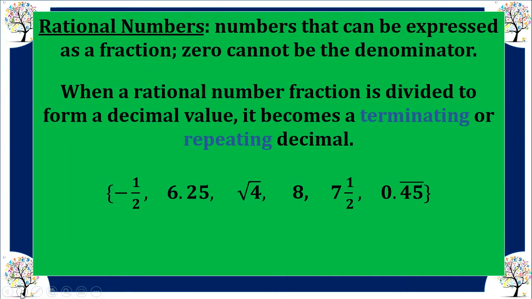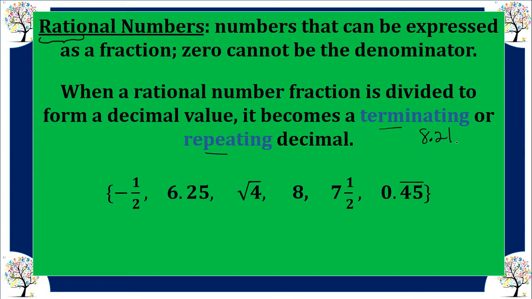So let's first talk about rational numbers. In the word rational, you can see the word ratio. So here we have the word ratio. So what it means, guys, to be a rational number is you can turn that number into a ratio, also known as a fraction. But remember, 0 can never be in the denominator. When we have a fraction and we divide it out, it will either be terminating or repeating if it is rational. Terminating just means it comes to an end, such as